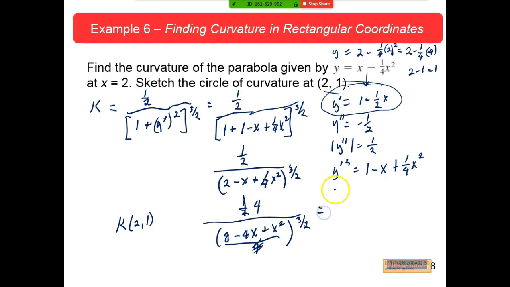Okay? So this will be 4 over 8 minus 8, that's pretty handy, isn't it? Plus 4. Okay, so that's all we got in the denominator, 4 raised to the 3/2 power. Well, okay, the square root of 4 is 2. 2 cubed is 8, so this is 1/2, 1/2. And that's the kappa, K that they had. Now,